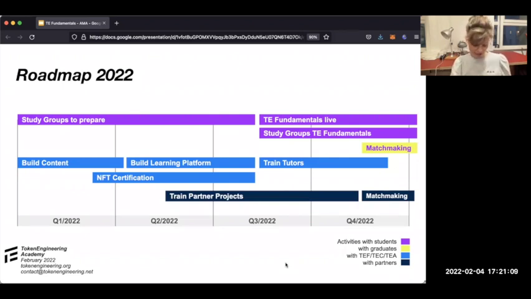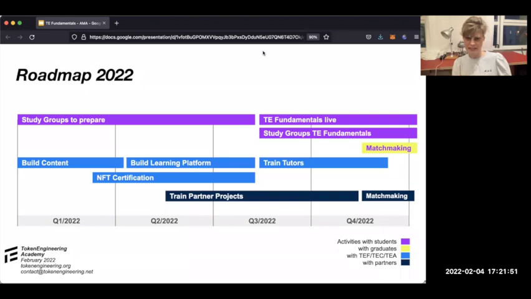So there'll be content, for example, we'll collaborate with the cadCAD community on introductions to cadCAD 1.0, as cadCAD being one of the most important simulation frameworks. Then there's also a regular get-together of people around Token Spice, which is an additional complementary framework to simulate token economies, and other offerings where you can meet future students and just start exploring token engineering. And then TE Fundamentals Live, you can take the online course.